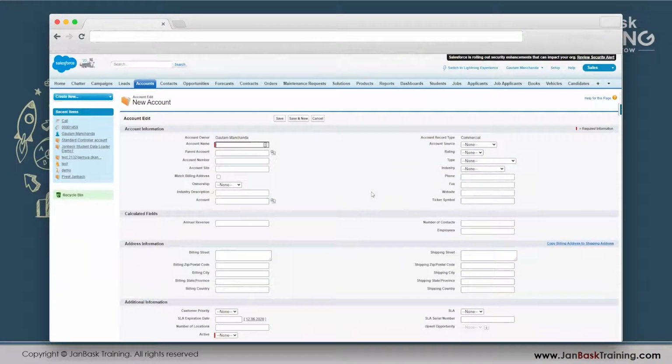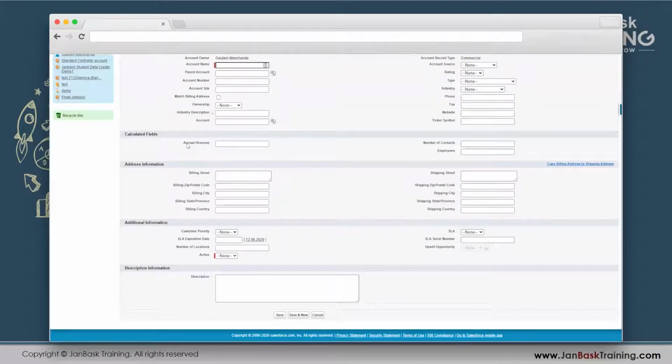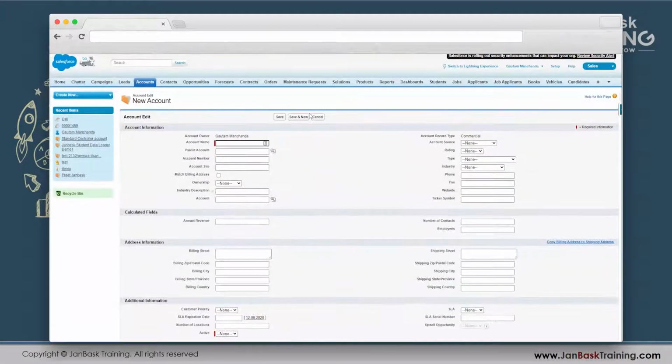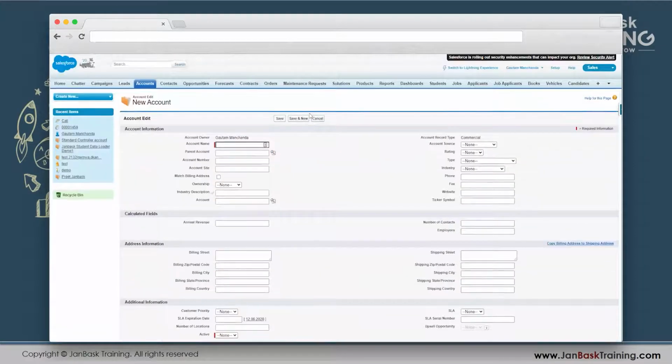There is also a choice if you want to add more fields. These values we capture are called fields. All of these are called fields. If you want to add some more custom fields, for example, Salesforce has given you this much info. Now your business works in a completely different way and you need some more info to be captured. That is absolutely fine. Your business should not be restricted by the system. Software as a service means it gives you a basic application to start using for your business from day one, but it doesn't restrict you from enhancing the functionalities given by Salesforce.